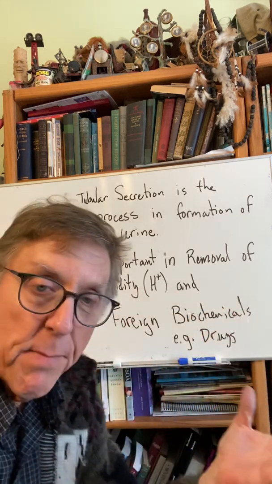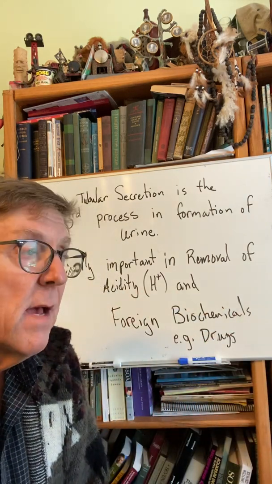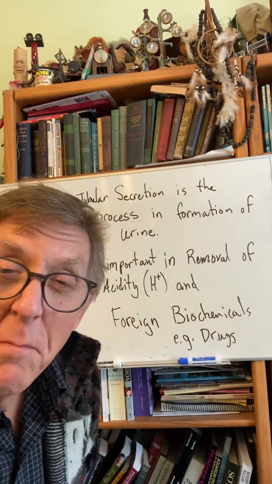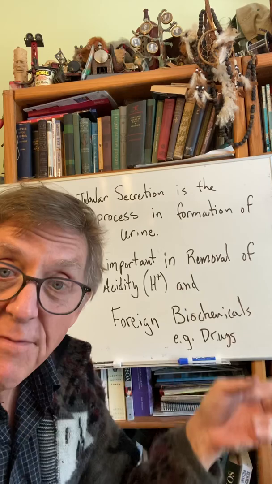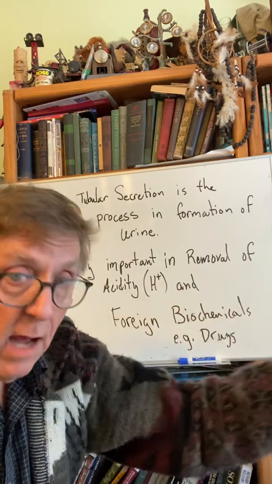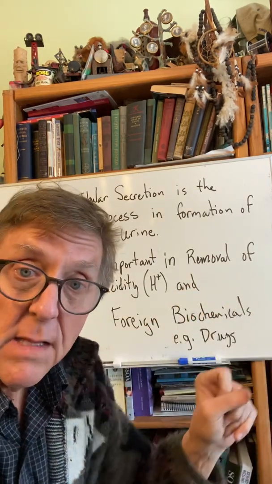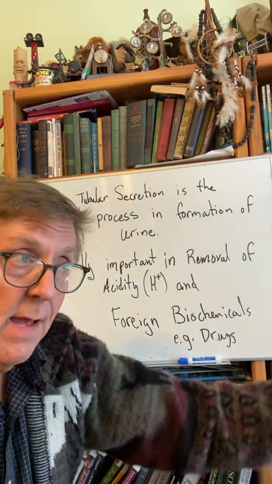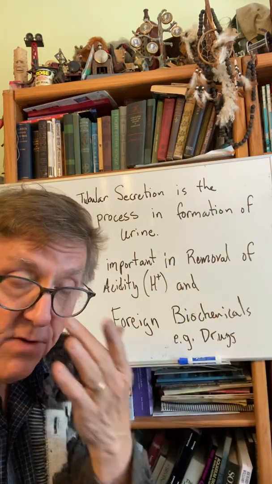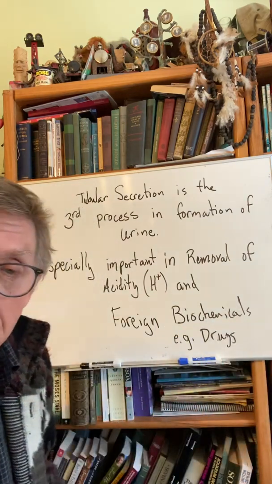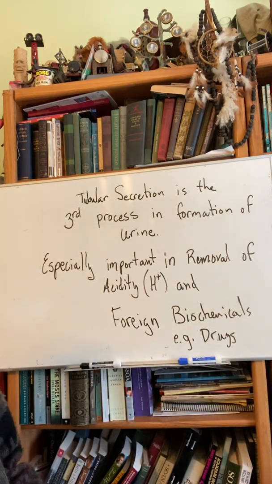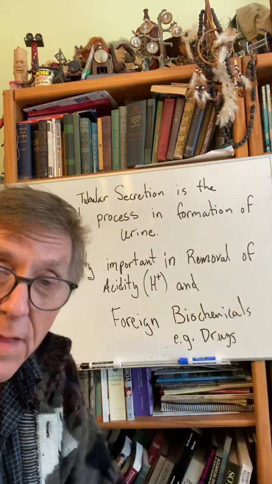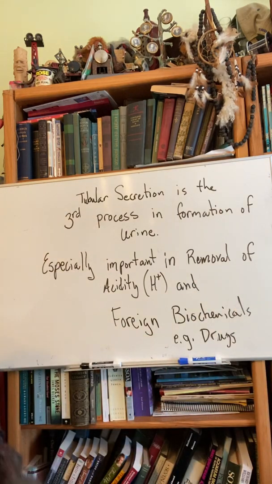Ultimately, we have all these buffer systems that we had talked about that are there to limit the movement of pH, but ultimately you have to get rid of those hydrogen ions. And how do you do it? You put them into the urine. And so this is from the peritubular capillaries. The hydrogen ions are actively transported into the renal tubules, and you remove the acidity from your body as part